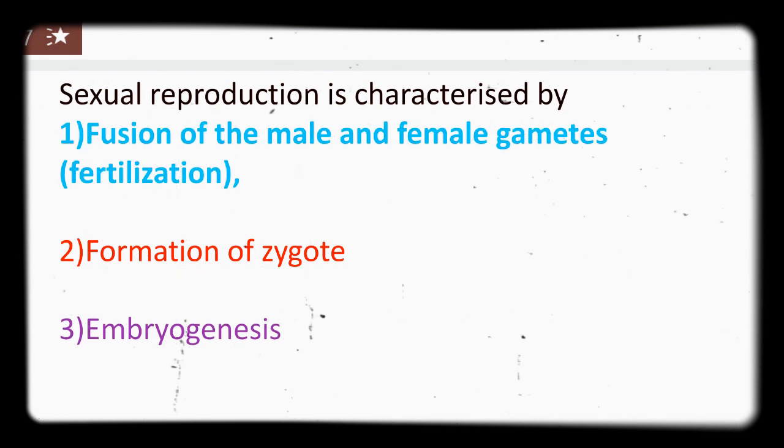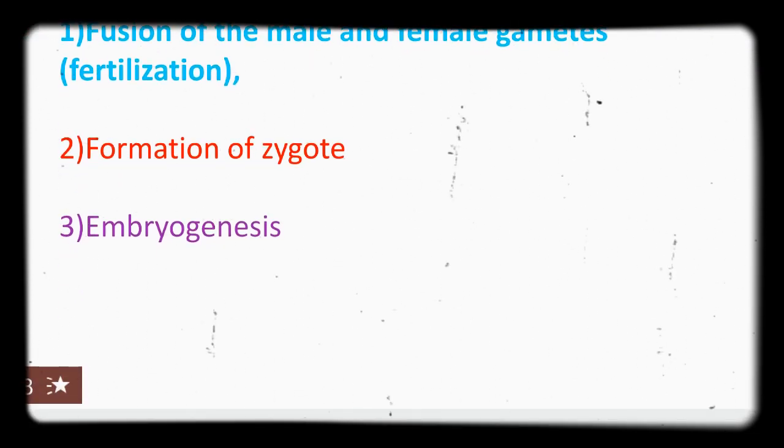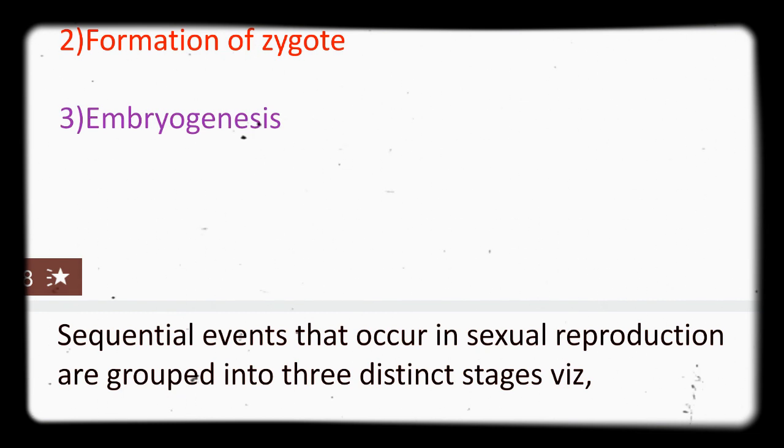Fertilization is nothing but the process of formation of the zygote, a diploid cell, from n and n cells, each n coming from the two parents, male and female. Two haploid gametes fuse to form the diploid cell called the zygote, and this process is called fertilization. Formation of the zygote is always done by the process of fertilization. It is followed by embryogenesis. Different parts of the plant are formed from the zygote after its formation.